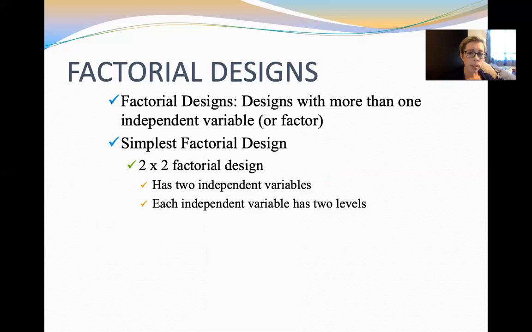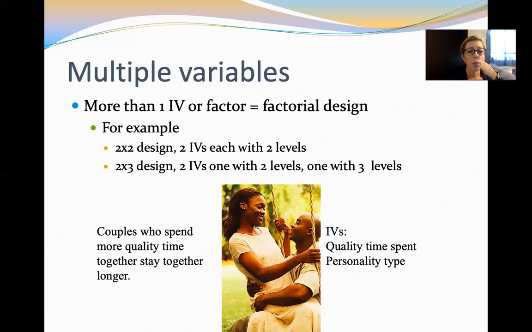So a factorial design is a design with one or more independent variables. We call these independent variables, in this case, factors. The simplest factorial design would be a 2 by 2. So this is two independent variables. Each independent variable has two levels, or two different conditions. So if we're looking at